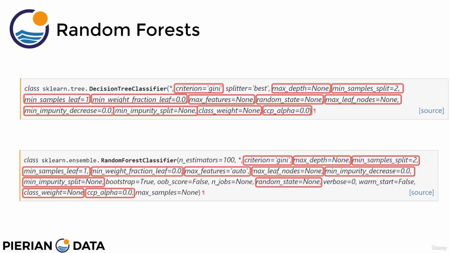Really what that means is when you're using a random forest, you are setting up the same set of rules for all the decision trees in that random forest. For example, all the decision trees in the random forest will have the same max depth rule and minimum sample split rule or minimum Gini impurity decrease rule, etc. The main difference between the decision trees are the random subset of features they get to see when they're splitting at a node. And that brings us to the specific hyperparameters that we're going to be focusing on for the